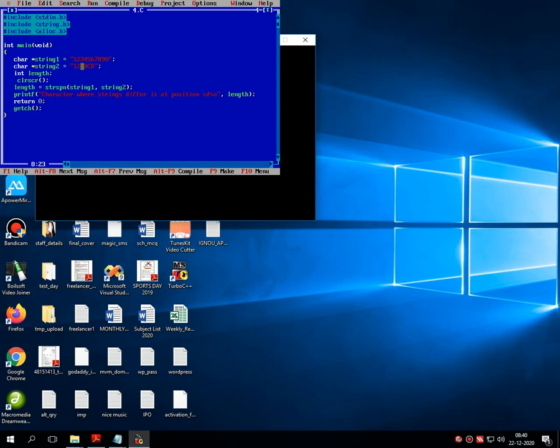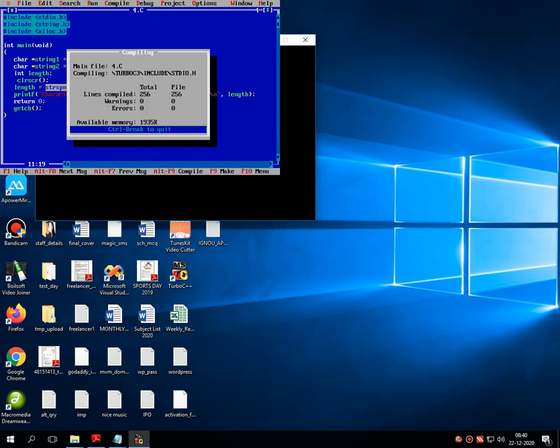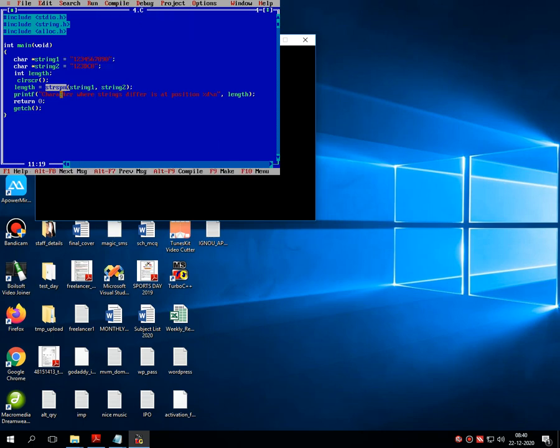And from the third position, there is a different character in both the strings. That means over here there is a 4 and in my second string there is a D. So the difference starts from the third character. So this strspn returns the position of the string from where the actual difference starts. Let me show you the output again.